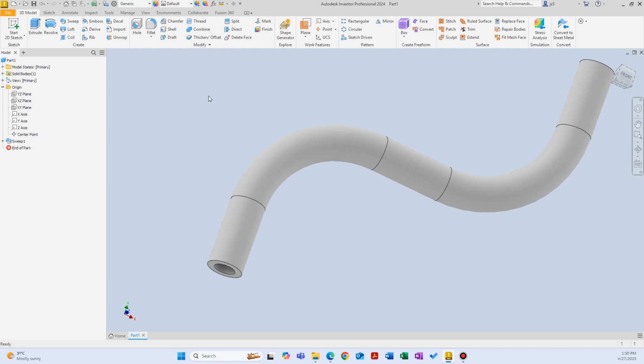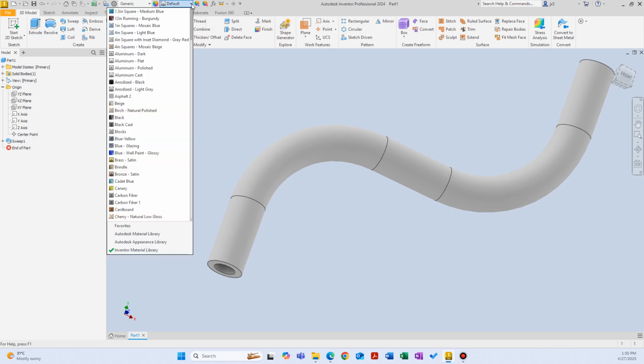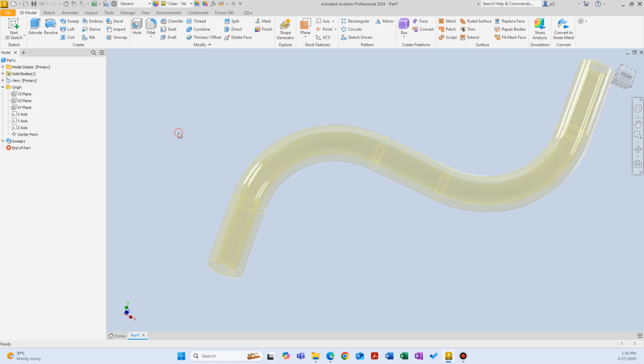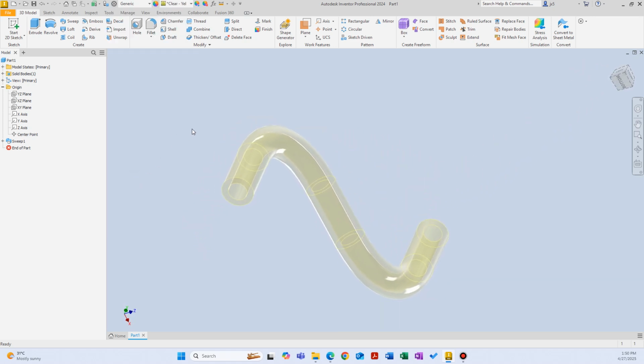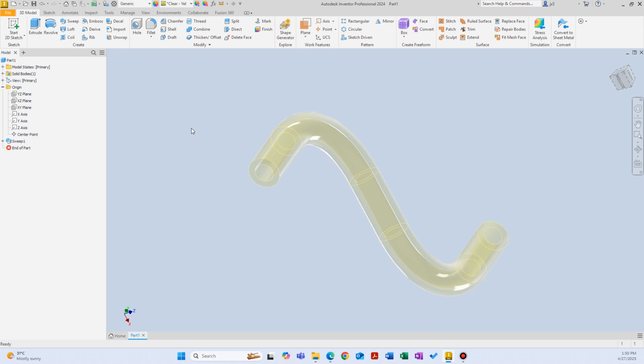You can even make it even more realistic. You can go to the material library on the top with the drop down menu. We haven't covered this yet. In the future we will, but just as an example, we can select clear yellow, for example. Now it's a plastic vacuum tube or maybe plastic airline, especially for CNC equipment, automation